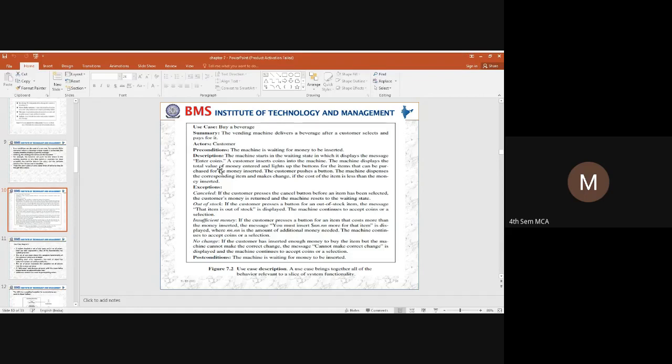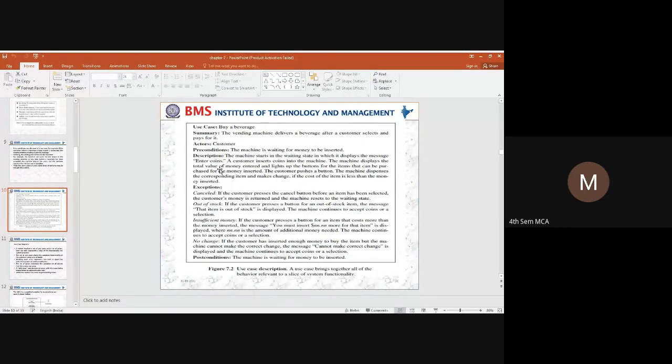The machine will be in a waiting state. Once the machine displays the message to enter the coin, the customer has to enter the coin into the machine. The machine will identify how much the customer has paid. After accepting the money, the machine will display the light and the list of buttons or list of items.